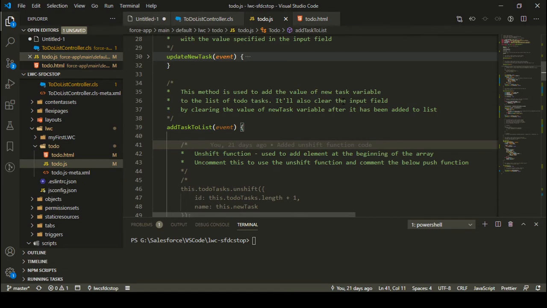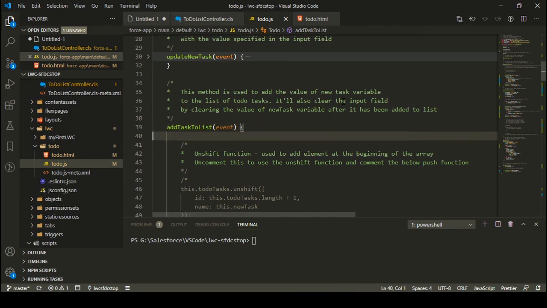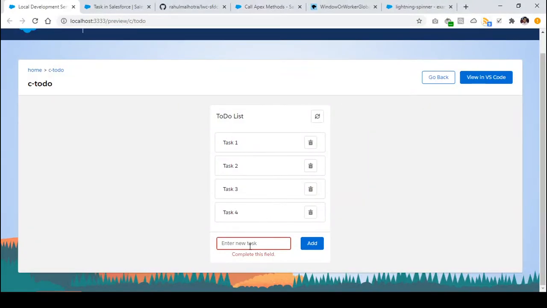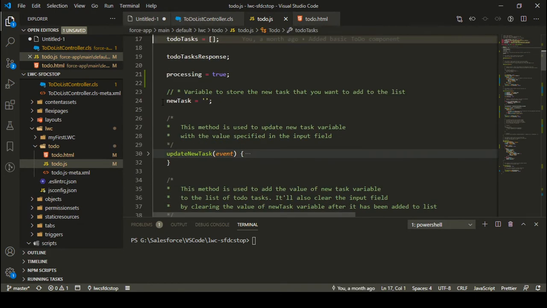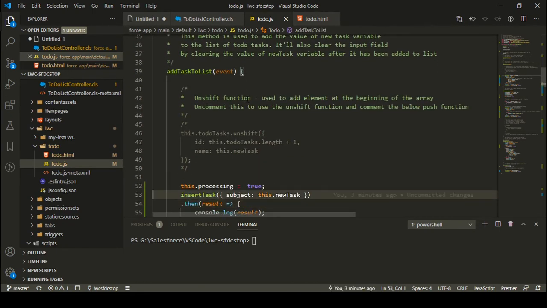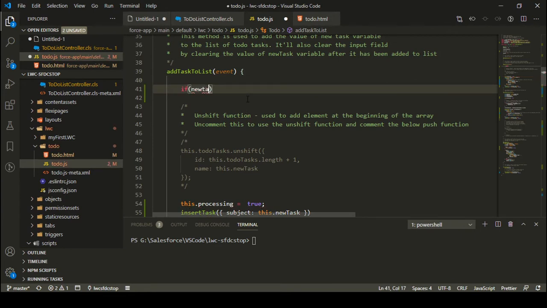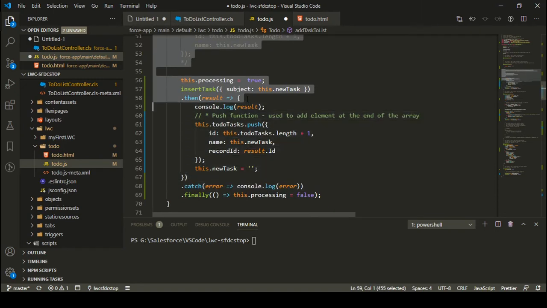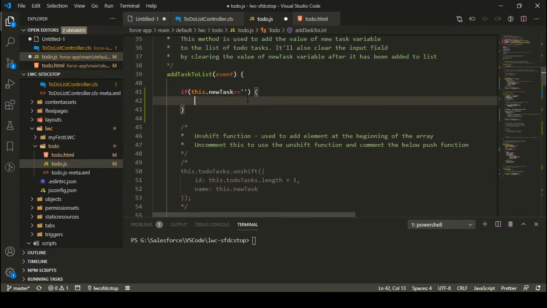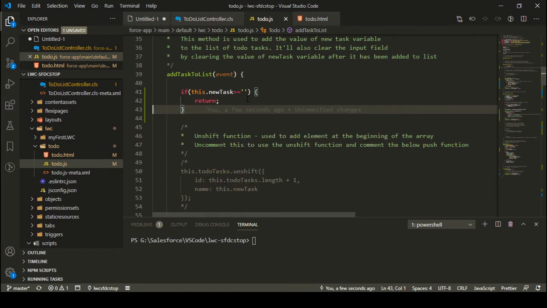that in case my new task variable, because whenever I'm writing the name of the task over there, it is stored in my new task variable. If you remember, we have done this in the previous tutorial, right? And this new task variable is initialized to an empty string by default. So I can simply check inside my add task to list method that in case my new task variable is empty, in this case I shouldn't move ahead. I don't need to execute any of the code because my task doesn't have a name, right? So I can simply return from here, and that's it, right?